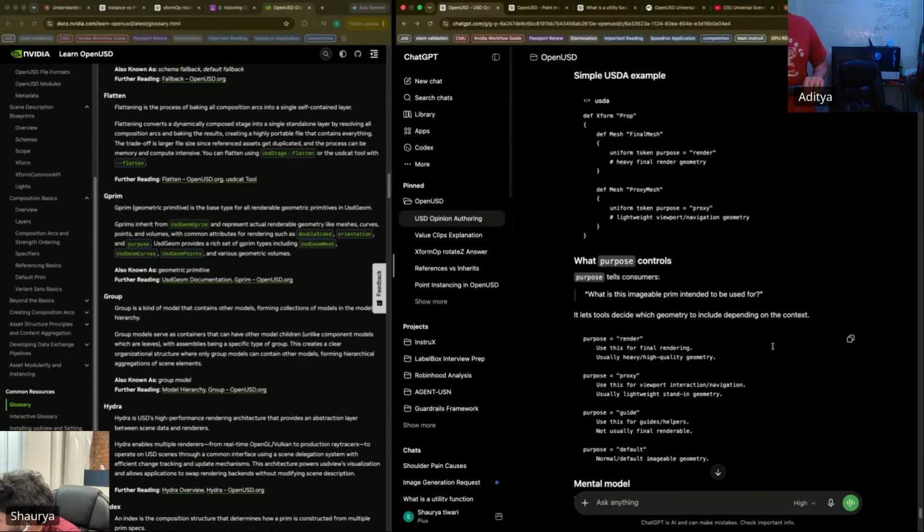Default, normal default, imageable geometry. Normal slash default, imageable geometry.